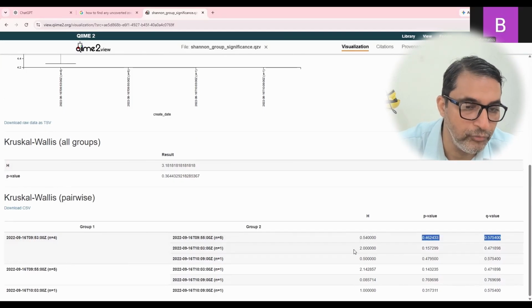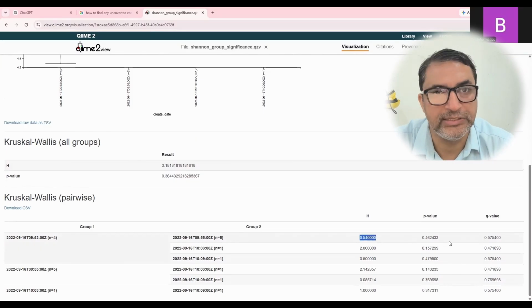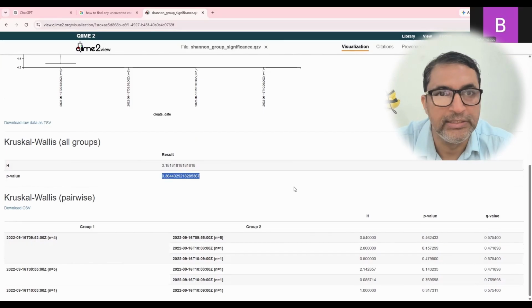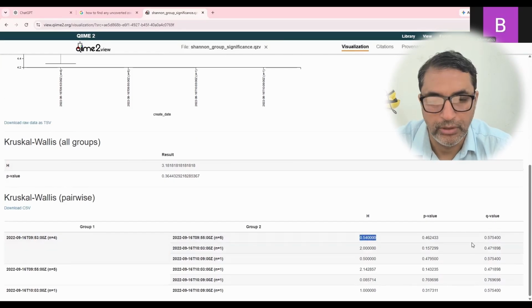In fact, both the P values and Q values are statistically insignificant because they far exceed the standardized value of 0.05. So I hope you have understood the meaning of all these parameters, although I have explained all these things in detail earlier as well. In case you still have any doubt, please let me know